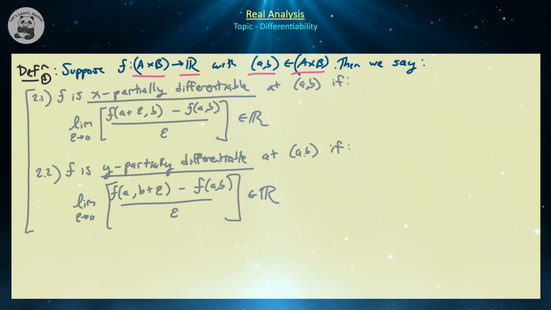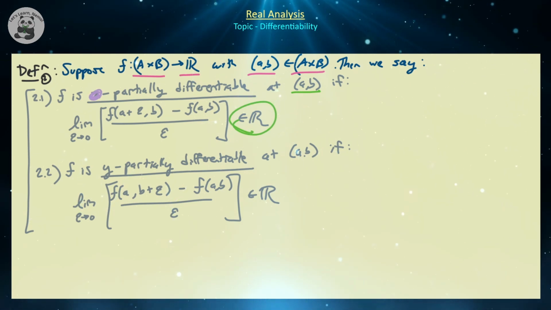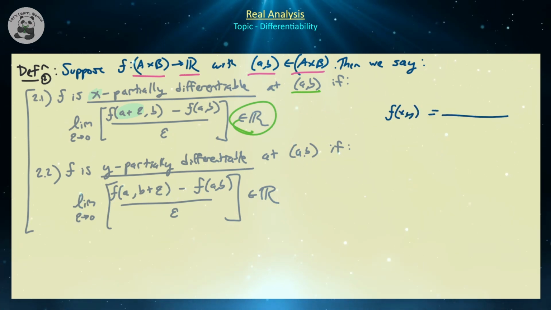Then we say that f is x partially differentiable at the point (a, b) if the limit as epsilon approaches 0 of f of (a plus epsilon, b) minus f of (a, b) divided by epsilon exists and belongs to the set of real numbers. Notice here that we're looking at this function being x partially differentiable, right? So we're focused on the first variable of this function. So we're looking at f of (x, y) equal to something with x and y in it. So we're looking at the first variable. Similarly, we say that a function is y partially differentiable if the limit as epsilon approaches 0 of f of (a, b plus epsilon)